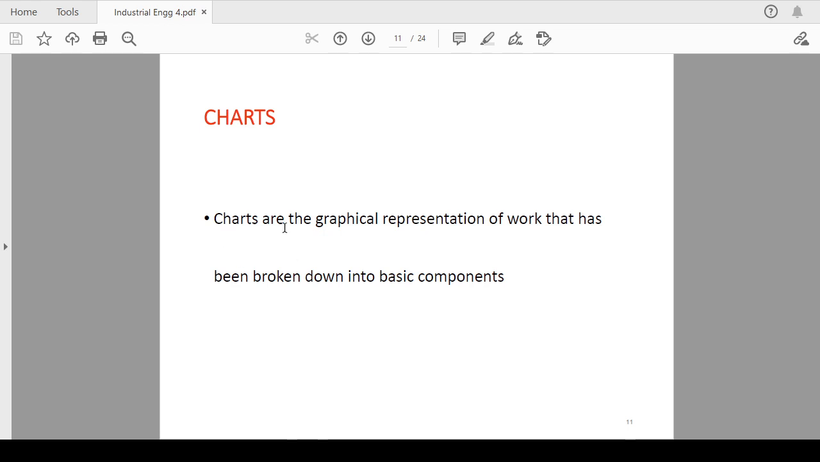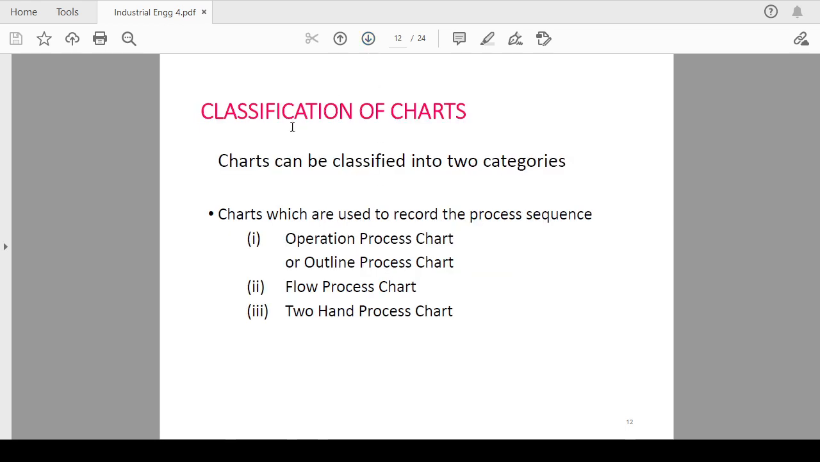Charts are the graphical representation of work that has been broken down into basic components. This chart will be a graphical representation of the job which you have selected for the method study, and after that it must be categorized or divided into a few basic components so that you can get the details of that particular job. Charts are classified into two categories: